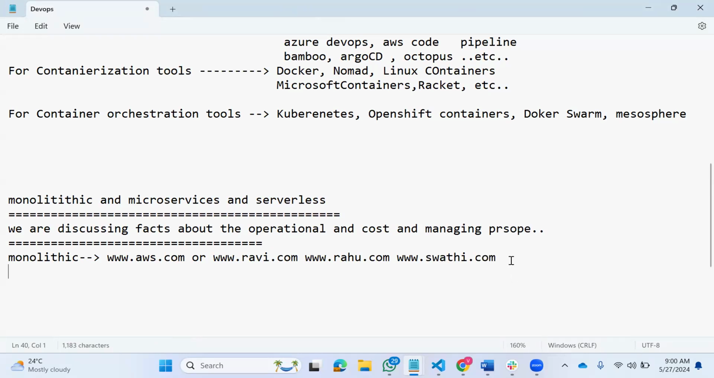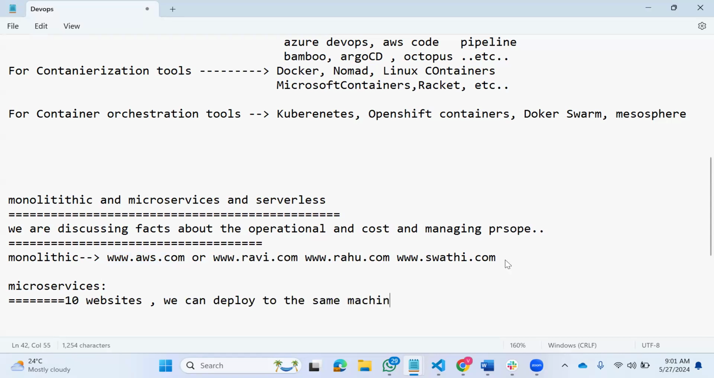For each application, for each website, we require one server, right? Like this, if I want 10 applications, I require 10 servers. But in microservices, 10 applications, 10 websites, we can define them on the same machine with installing